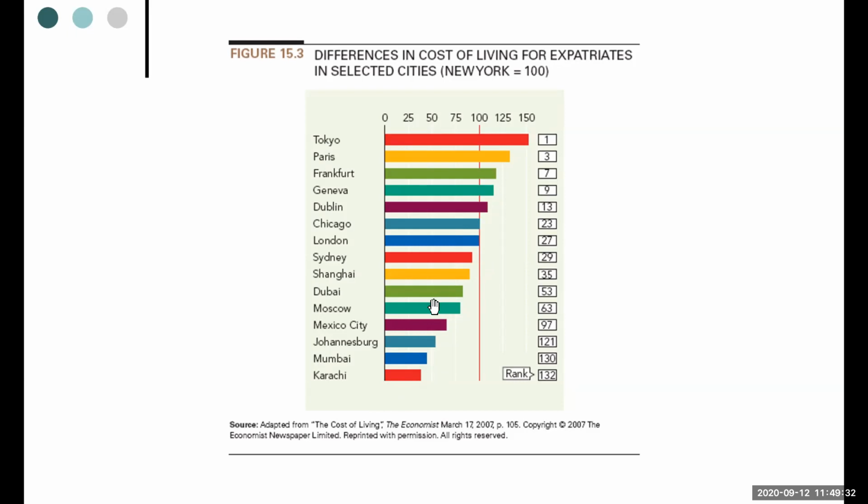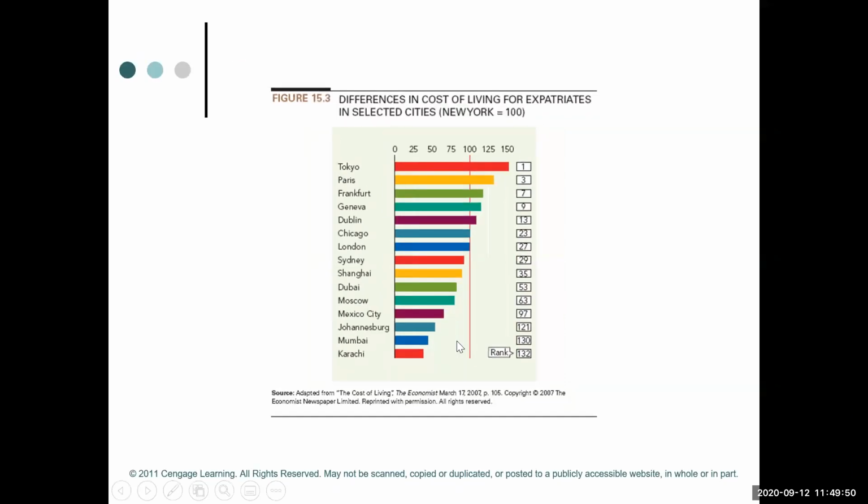So a Mumbai person getting into New York would require almost twice the compensation just to adjust the cost of living, and that doesn't mean any hike. It is just to manage the cost of living. Hike would be on top of it. Same way, if a New Yorker is coming to Mumbai, it may not be very attractive for them if it is the balance sheet approach, because it would be almost half. And this is very old now. This is 2007, so you can easily Google it up.